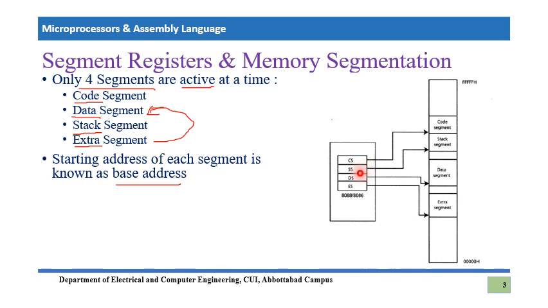Similarly, the second register is SS, which is the stack segment register. The third is the data segment register. The fourth one is ES, the extra segment register. So these are 4 different registers, and they are storing certain information. What is that information? Before I explain that, let's come to this memory. This is the full memory, and we are about to observe a very important fact. If you look at this line, I'm sorry, just let me raise it. That's not perfectly aligned.